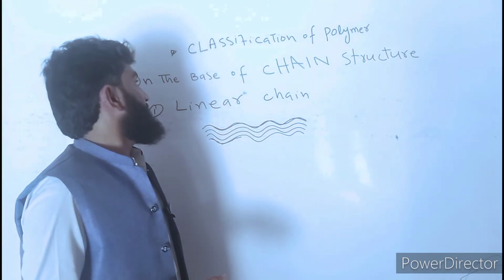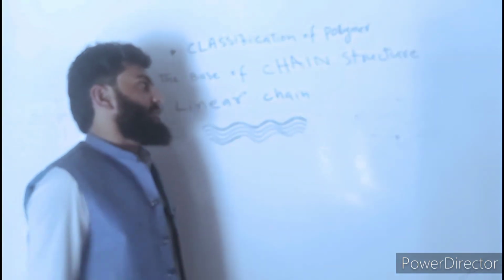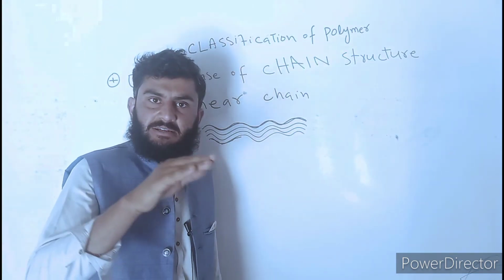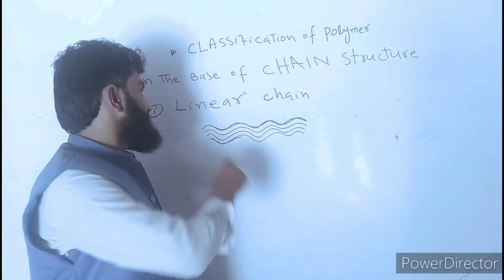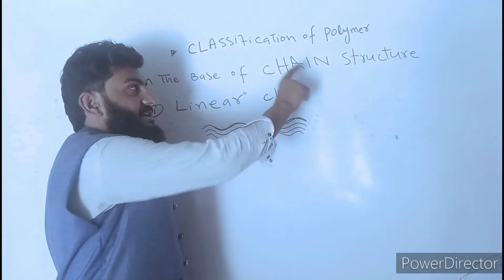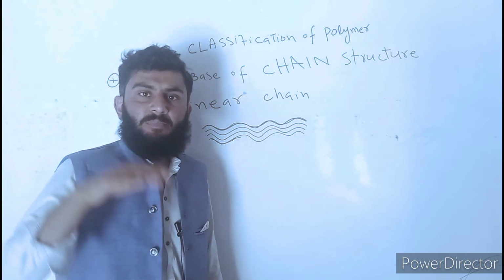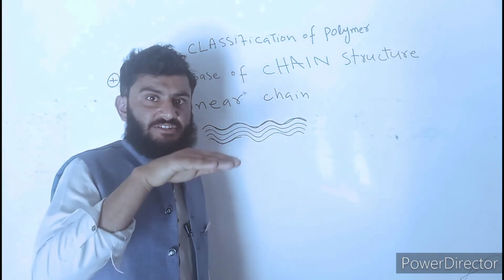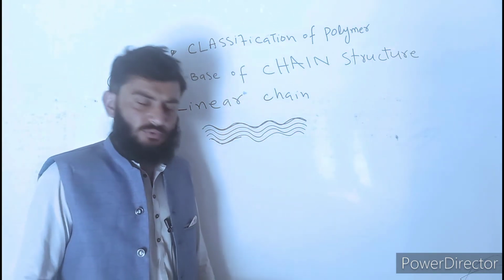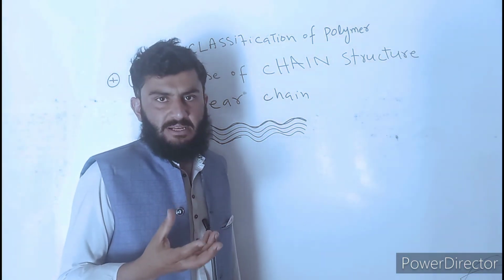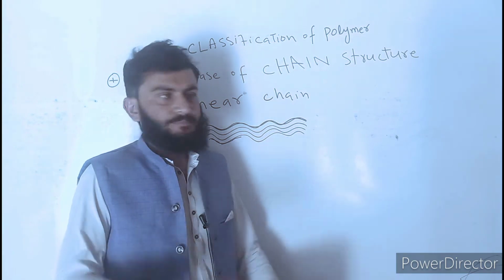Today we are going to discuss the classification of polymers on the basis of chain arrangement, on the basis of chain structure, that is, how the polymer chains are arranged with respect to each other. You know that a polymer is actually composed of monomers, clear? And when these monomers,